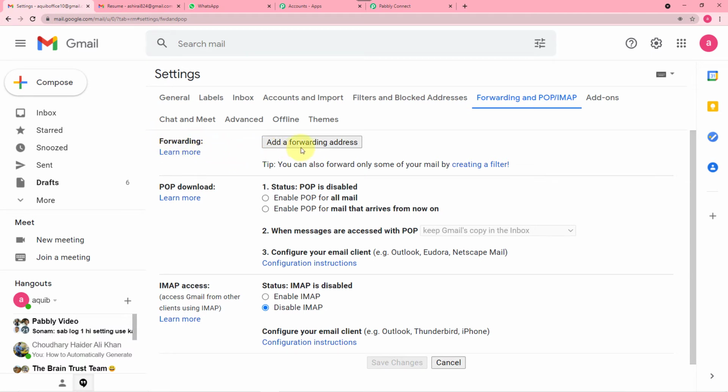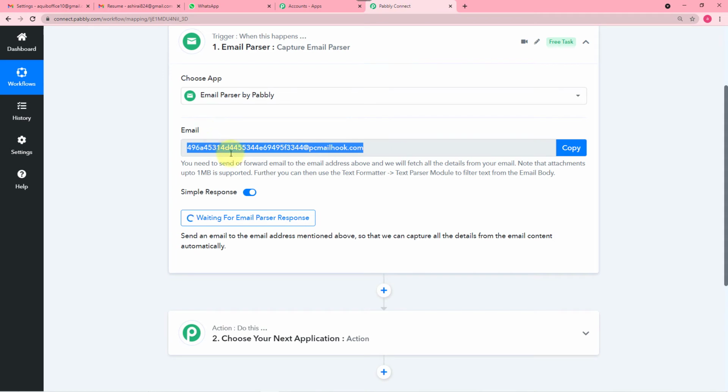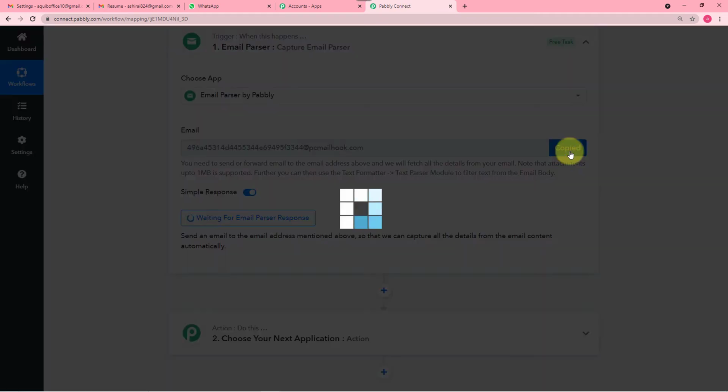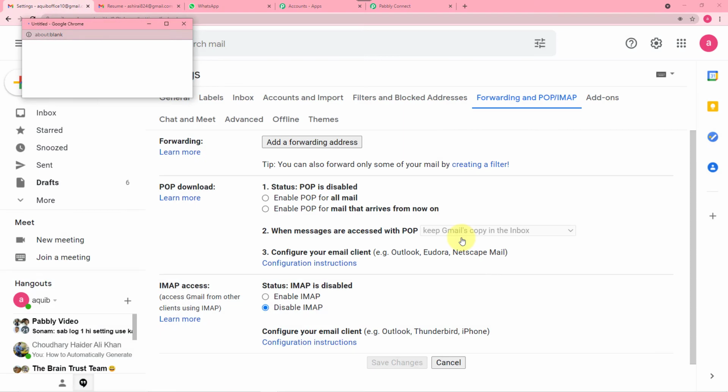You have to click here on this add a forwarding address like this, and here you have to paste the copied email parser address which you have copied from Pabbly Connect like this. So paste it here and click on next. From here you have to click on proceed.